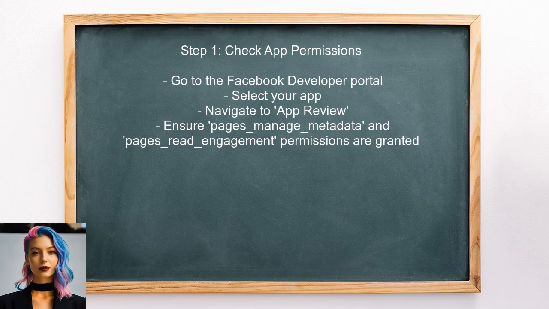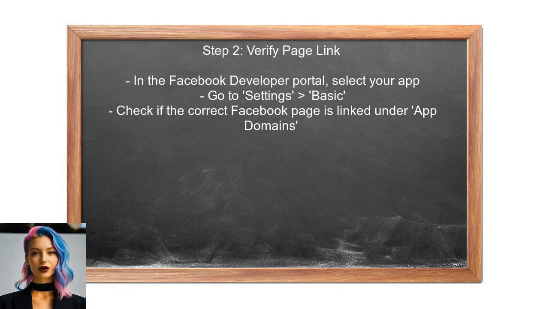First, the user should check the permissions of their Facebook app. They need to ensure that the app has the necessary permissions to access the page events. This can be done by visiting the Facebook developer portal. Next, the user should verify that the Facebook page is correctly linked to the app. They can do this by checking the app settings in the Facebook developer portal and ensuring the page is listed